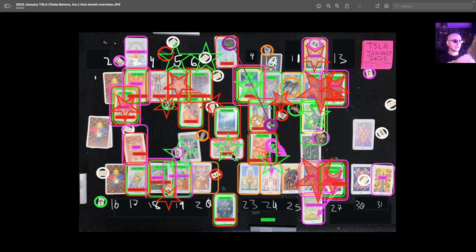The victory card is a breakout card, so that might be a good opportunity or a good price level to utilize as a midpoint for a straddle or strangle. We have the unicursal on the 10th, so there's a critical resistance level there that's highlighted, and then it looks like we fall off a cliff from that resistance level and have the lowest low on the cusp of the 10th,